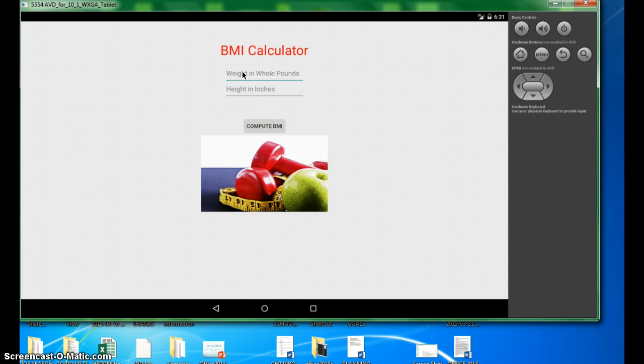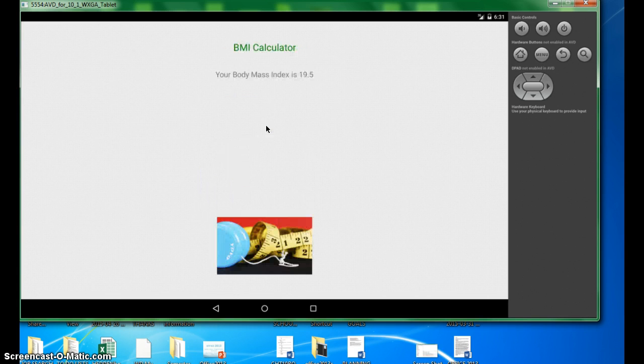Let's suppose the person weighs less and is shorter. Let's do a 100, and their inches is 60. So they're 5 foot tall and they weigh 100 pounds. Let's see what their BMI is. It should be less than 21.7, I hope. Yep,